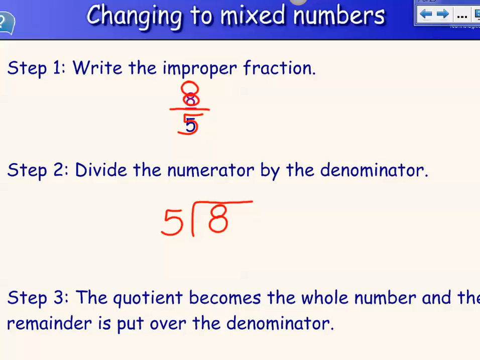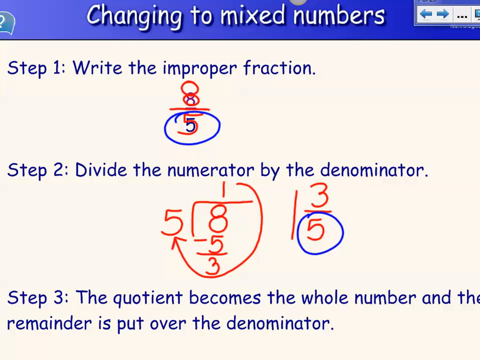I'm going to subtract my 5. 8 minus 5 is 3. I take my number at top, and that becomes my whole number. Then I circle around to figure out what my fraction is. So this tells me it's 1 and 3/5 for my mixed number. Let's check. My denominator started as a 5 and ends as a 5. That's a good sign that I did something right if my denominators end up being the same. So that's how we change improper fractions to mixed